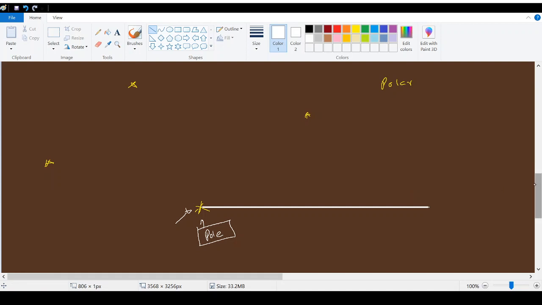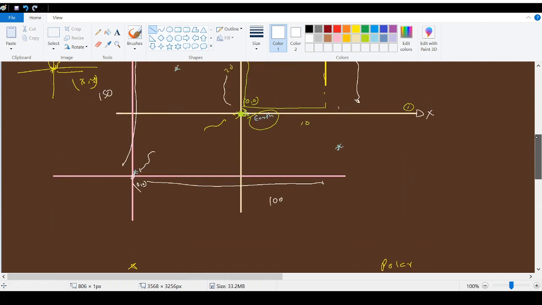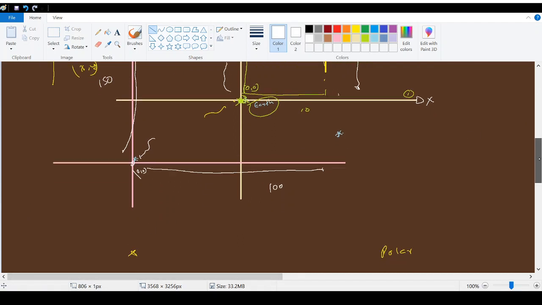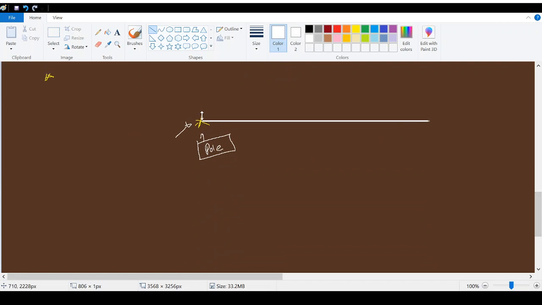Now remember, in the Cartesian system, once we define this center point, the origin, we draw a line across that point. But here in the polar system, this line does not extend in the other direction. It goes only in one particular direction, and also there is only one line. And then once you draw this line,